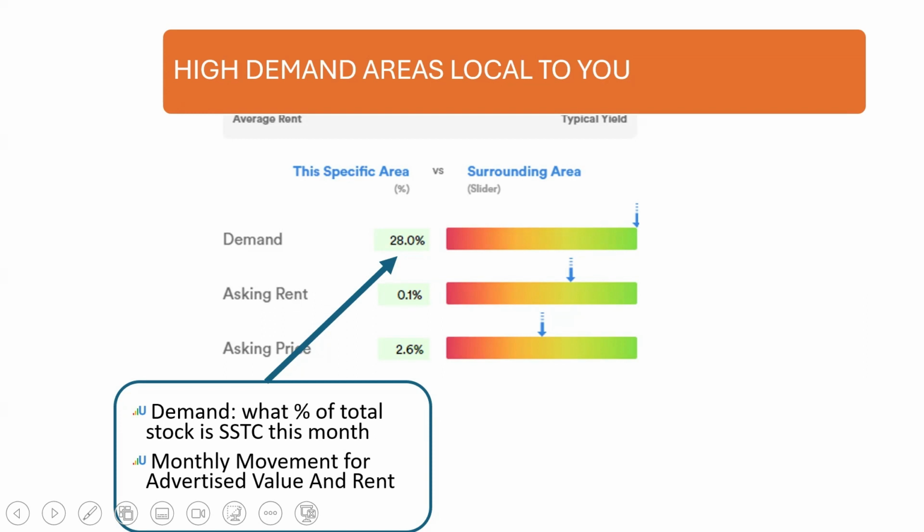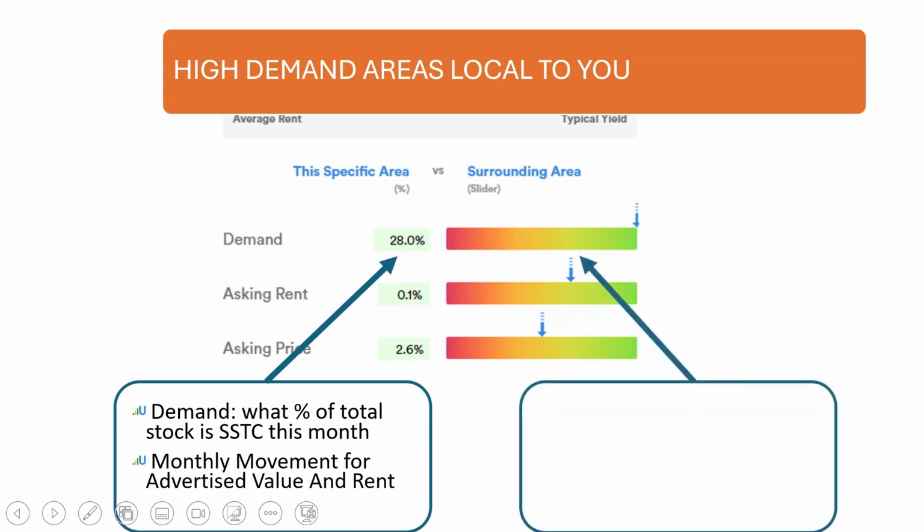in a particular area. And then just to make your life that little bit easier, this scale of red to green basically tells me, is that a good performance for that location? So if this was Manchester, a postcode in Manchester, is that 28% good or bad compared to the rest of Manchester? And you can see that I've got a little blue arrow all the way over to the green, which tells me that is probably one of the best